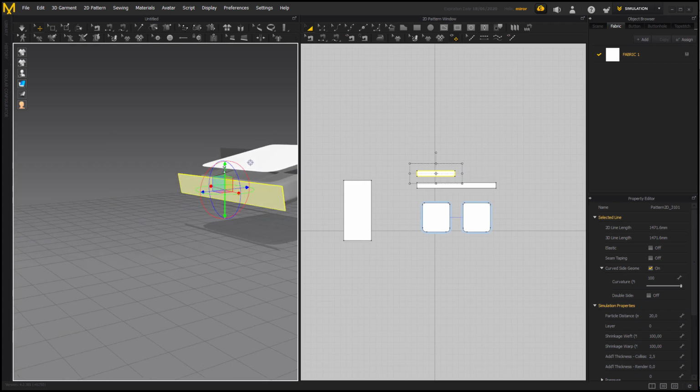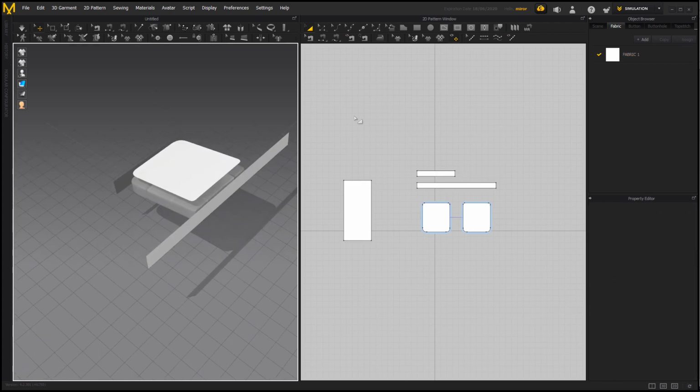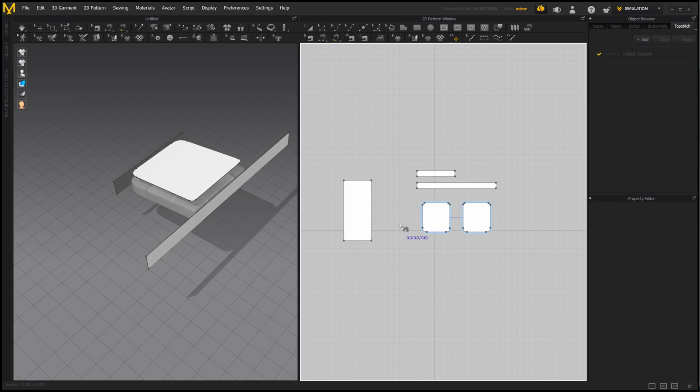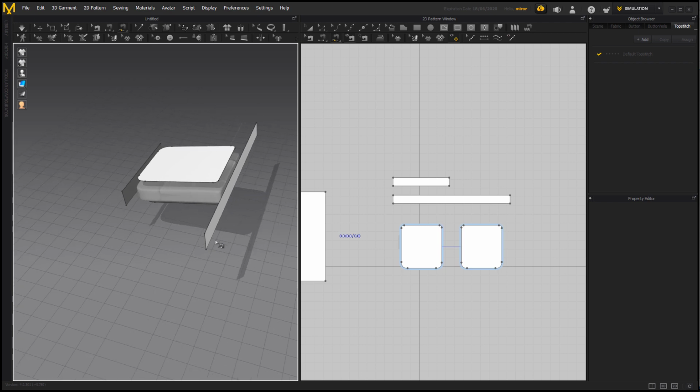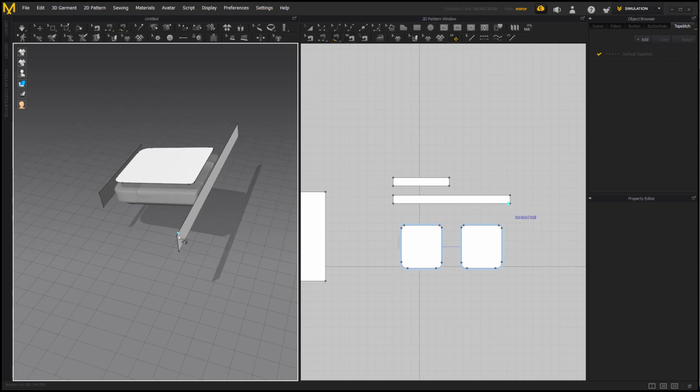So now it's time to do some sewing to define how the pieces should fit together. I'm using the tool Free Sewing initially to have a custom length sewing. We can do this either in our flat pattern window or directly in the simulation. I usually prefer to do it directly in the simulation window so that I have a better understanding of where the sewing is defined. Simply click once to indicate the start of the sewing and then double click at the location where